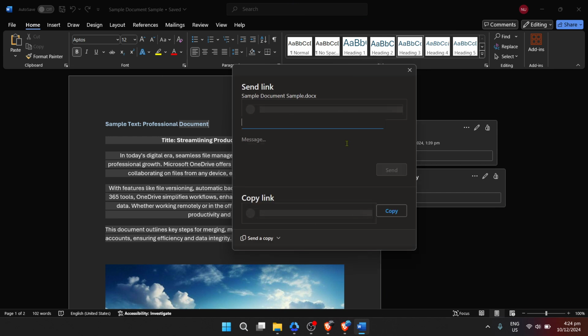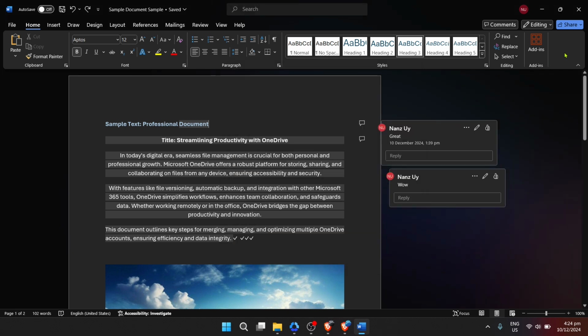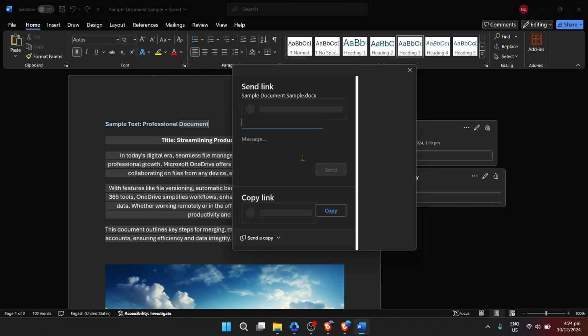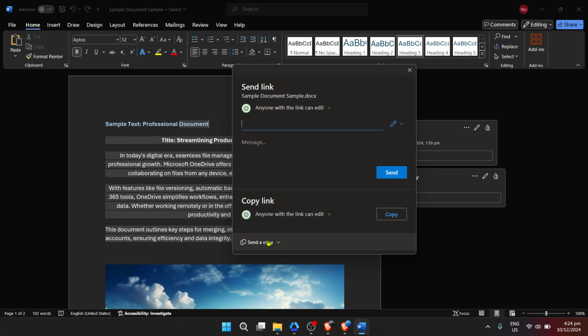Throughout this process, remember a few key tips to enhance your sharing experience. First, consider the permission level you wish to grant your recipients. Microsoft Word allows you to choose whether recipients can edit the document or only view it. This choice is crucial in controlling how your document can be altered by others. Secondly, for a more collaborative experience, consider using the Comments feature in Word to leave notes and feedback for each other directly within the document.